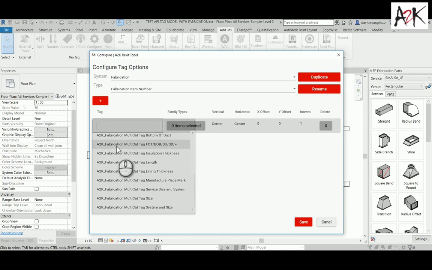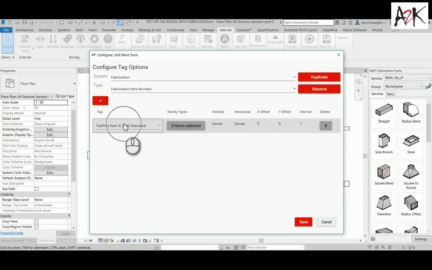I've preloaded some tags, which have been my POS standard tags, into my project, and we can see we've got multi-category tags which are bottom of duct, the set tags, insulation thickness, length, and notice if I scroll down, we've got in here the item number. So this is a fab part item number tag. If I say I'm going to use that fab part item number tag there,